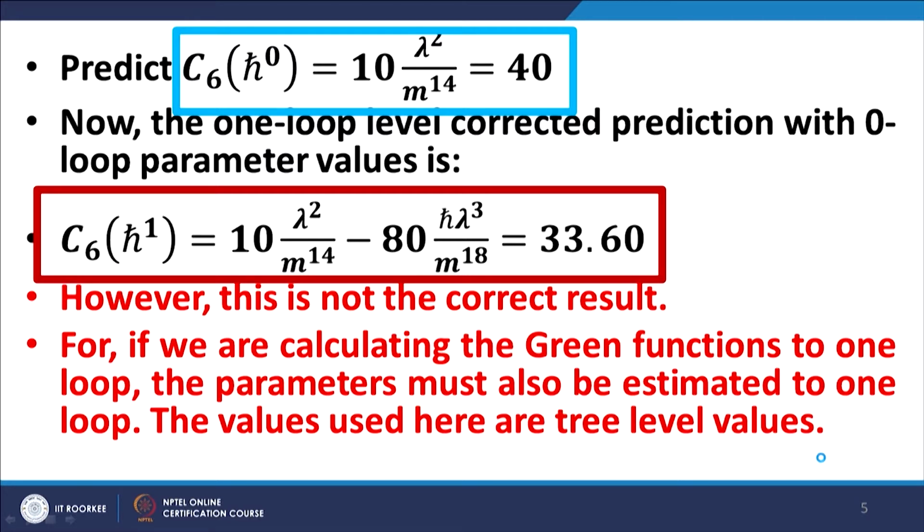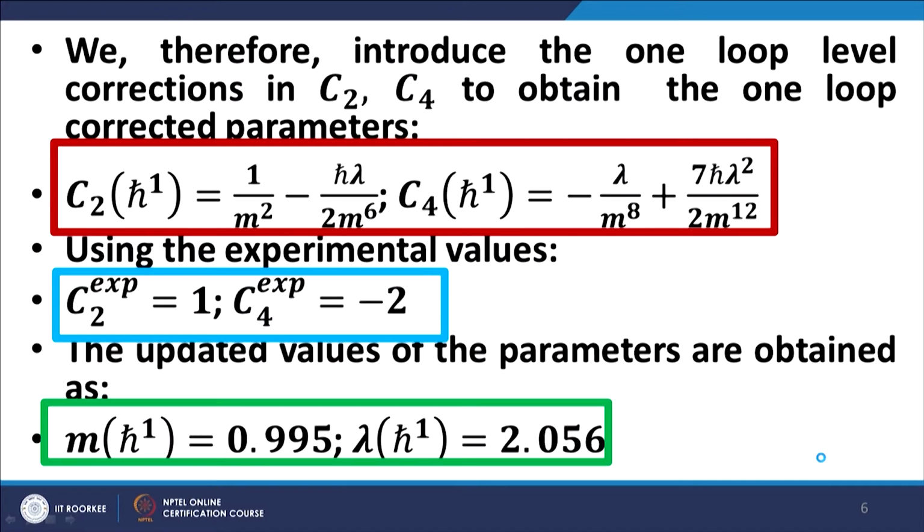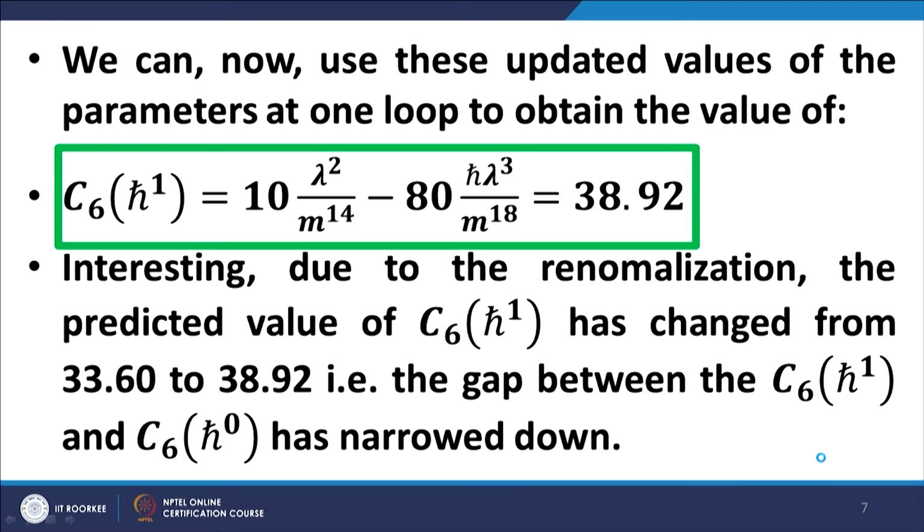Then we went backwards, we worked out the formula for C2 and C4 also at 1 loop level, and we introduced corrections for the first loop level, and we found on that basis, using C2 and C4 formula at the 1 loop level, we found m at the 1 loop level to be 0.995 and lambda at the 1 loop level as 2.056. If we use these new values for working out the C6 at the 1 loop level, we find it